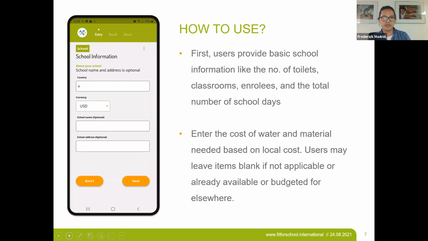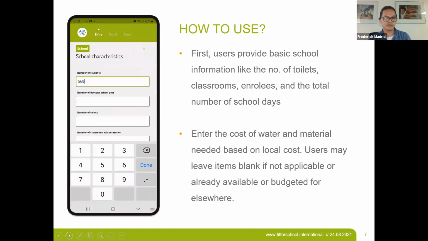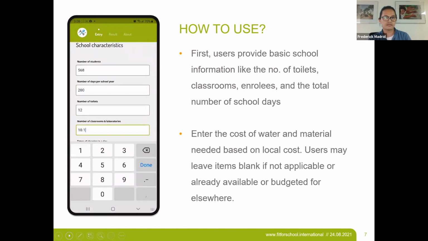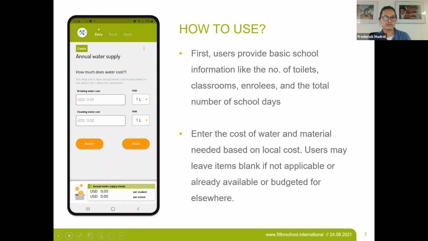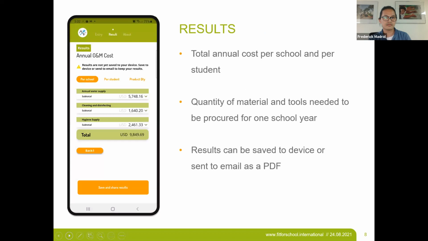Can you click once more, Alex, to run the animation? Well, click once. Oh, it's working. But yeah, later we would do a walkthrough on this one to really have an idea on how